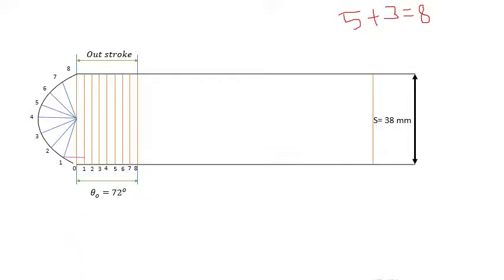So from each part draw a horizontal line. This procedure is the same as the previous problem. From each division draw a horizontal line till it touches the respective vertical line. This is the first division touching the first vertical line; similarly, the second division touches the second vertical line, the third division touches the third vertical line, and so on through the seventh. For the eighth one there is no need to draw, because the horizontal line itself acts as a construction line.